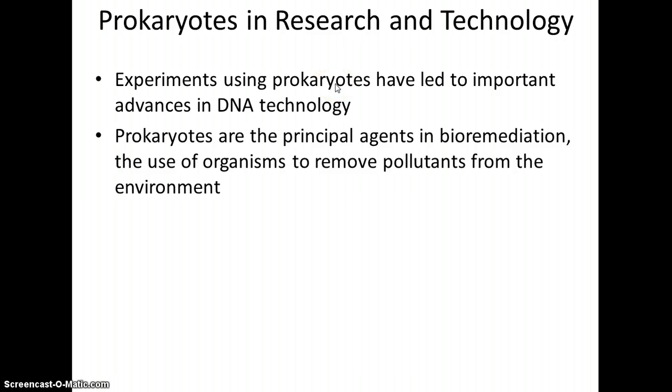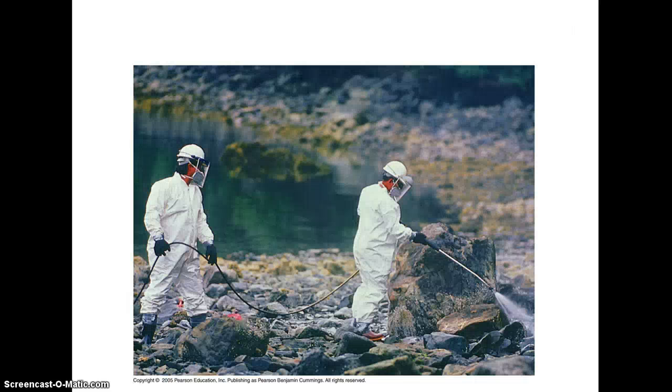Bacteria and prokaryotes have been used, of course, in genetics research. We learned about that last semester a lot with genetic engineering. They're vectors to move genes and to copy genes and to make gene products, as we saw. They can also be used out there in the environment for certain functions. For example, here they're spraying a solution with bacteria that can consume oil. So there's been an oil spill that has gotten onto these rocks and into the water, and they'll spray down there to consume that oil to clean it up and make it a little less harmful.